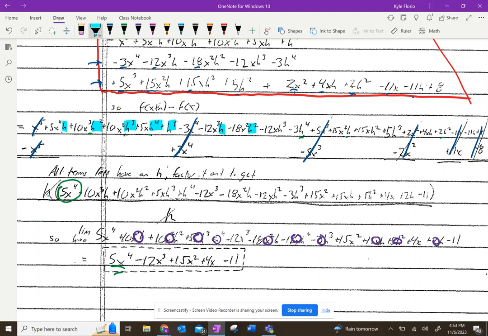This has an h squared, h cubed, h to the fourth, h squared, h cubed. And again, all of these have an h in them. So if I factor out those h's, everything that's left over is in this parenthesis right here. And once I factor out the h, these h's will cancel out. And so I'm left with